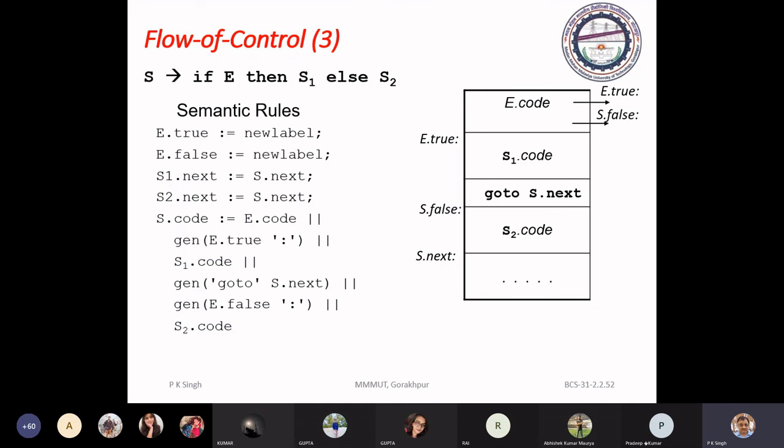Accordingly, you have to set the switching of control to that very segment by patching the labels. Okay, so we will discuss this next time.